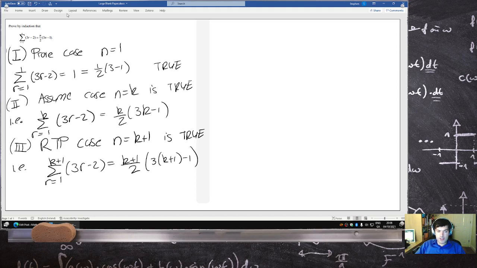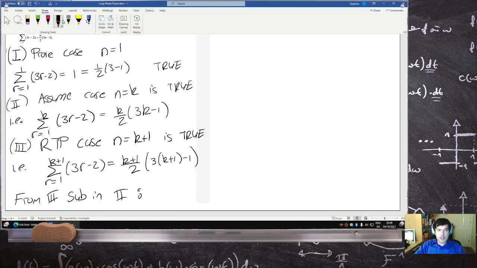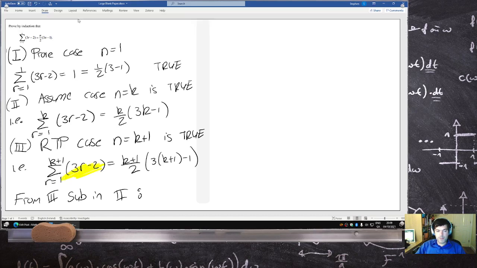So again, with these summations, the best thing to do is to start from the left side and sub in step 2. So you look at this sum, and it goes from 1 to k, and then there's an extra piece at the end, k plus 1. But the first part of the sum, the 1 to k part, you can replace it by this. So you end up with, on the left, the sum from 1 to k